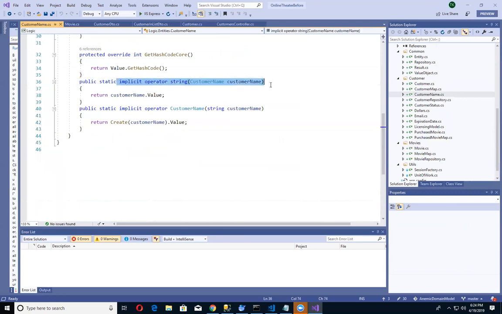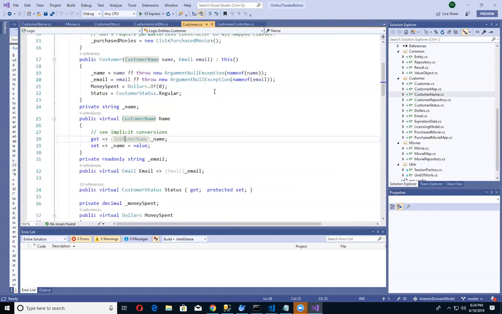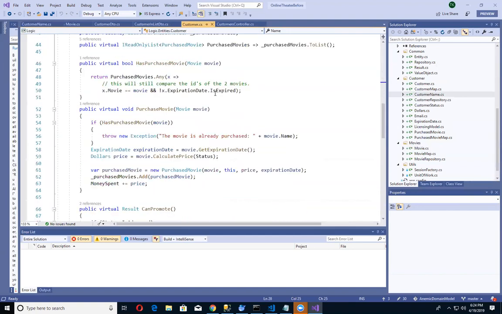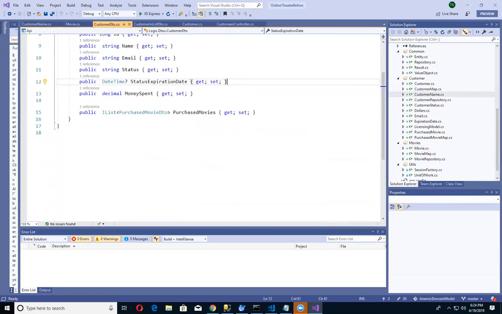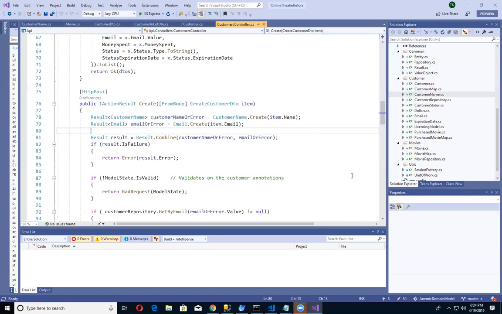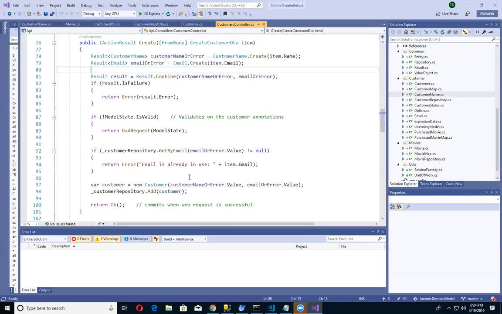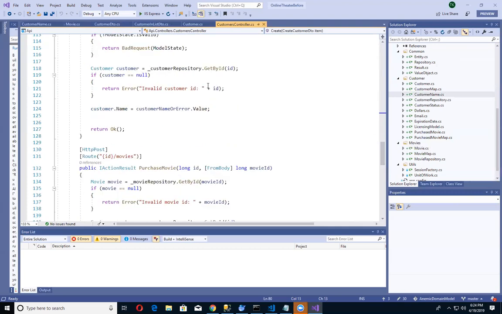It just reminds me of my C++ days where you have your operator overloads and all that. So you can go ahead and use syntactic sugar in your application to start, shall we say, treating these value objects as you would a native object. As you can see right here, it's where we're creating our emails.